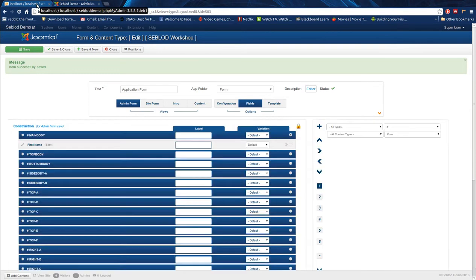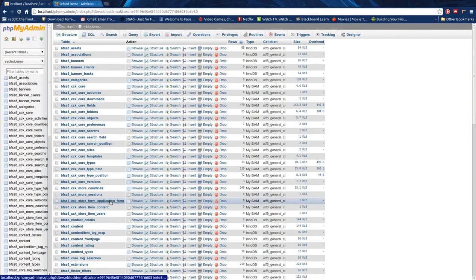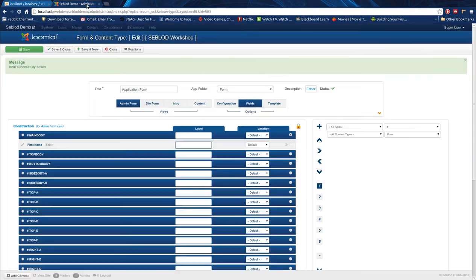Now let's go look at our database and see what happened. And you can see application form is the table that was created with this content type, and you can see there first name was created in that table. Okay, next,